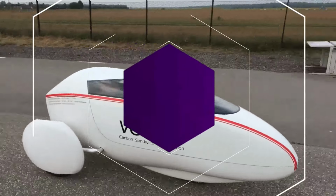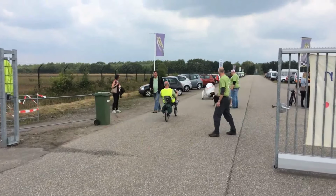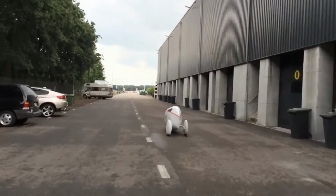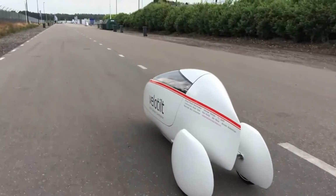3 wheels. 1 mission, redefine the ride. This is the Velatil, a next-gen electric trike that leans into turns like a bike but keeps the stability of a car. With its tilting suspension system, it leans with your body, giving you the thrill of a 2-wheeler and